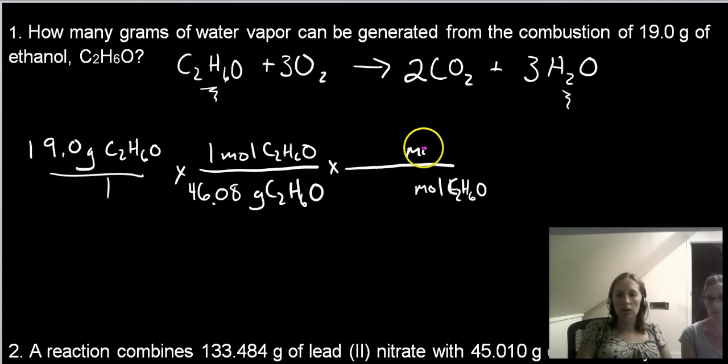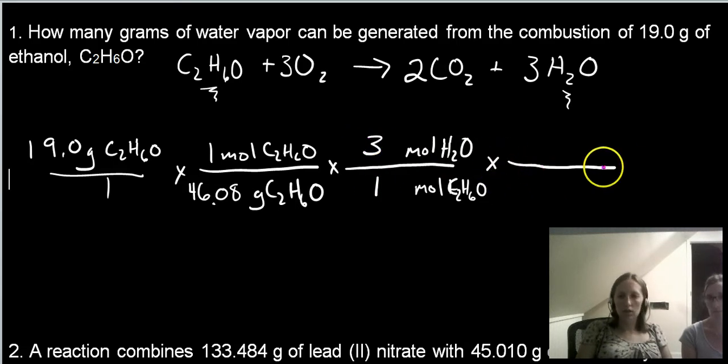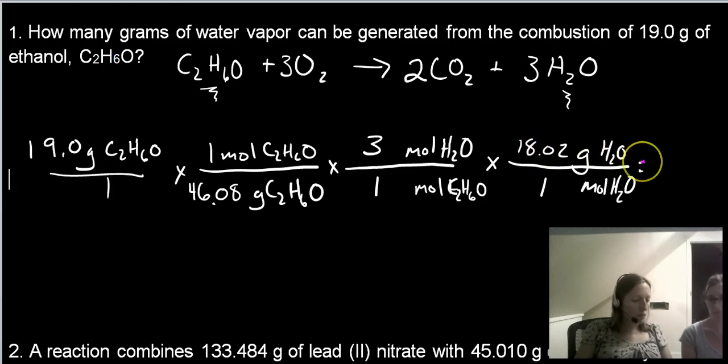And moles of water. That's going to be 1 mole of ethanol. Every time you do 1, you get 3 of those. That gives you, bring down your unit. Do we have to write the whole unit? Yes. Maybe. Oh, yes. Be good. And then grams of water is 18.02. That gave me the answer